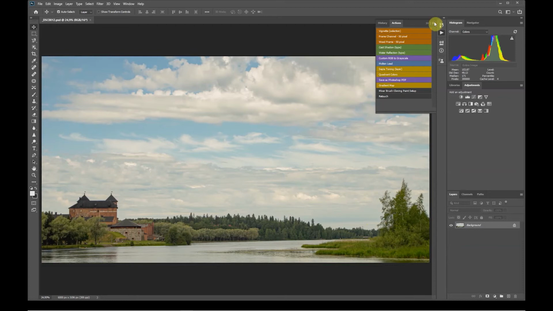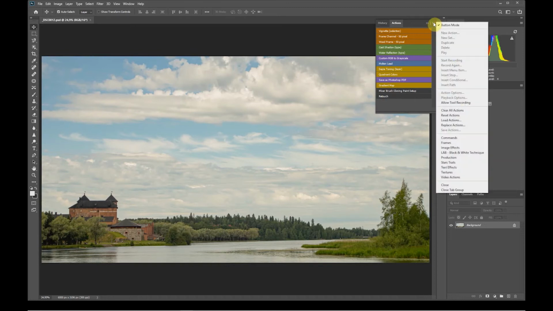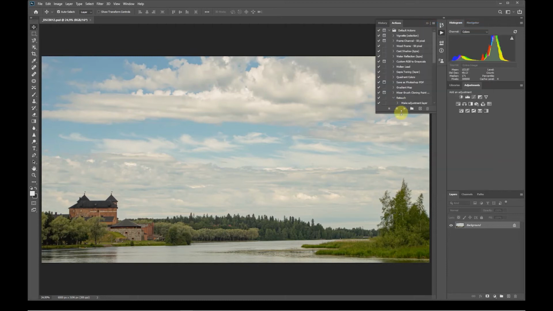So in the action menu here, depending on whether you've used this before or not, it might differ in how your actions look. At the moment we're in button mode, and that's why you have all these different color options. So in order to create an action, you need to turn off button mode. We do that by clicking on the flyout menu in the actions panel, and you see button mode is checked, so we want to uncheck it. And now this changes to